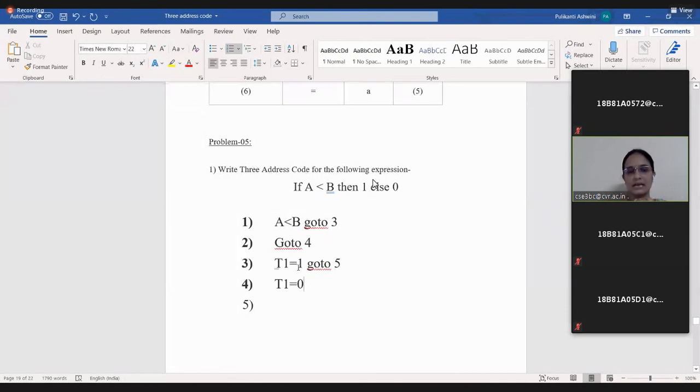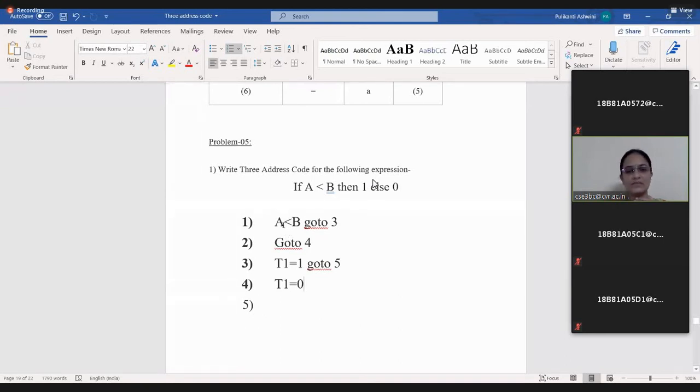After printing it, it has to come out of the if statement, so I have taken one more label, go to 5. The fifth statement is nothing but out of if statement, and from there, whatever code is there is to be continued.